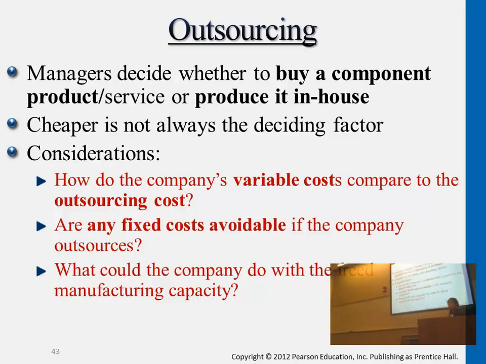Meaning if earlier we were manufacturing it in-house and now we're outsourcing it, we do have a free area. We have some free machines that are no longer used for that particular part of the product. So what can we do about the free space? If we're able to generate more of other kinds of products that can turn into profit, that profit also needs to be considered together with this decision. So how do we utilize the remaining space if we do outsource it? Those two need to be combined, considered together, and weighed against manufacturing cost.